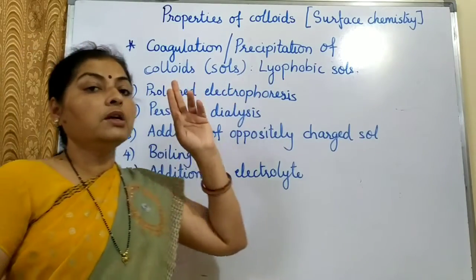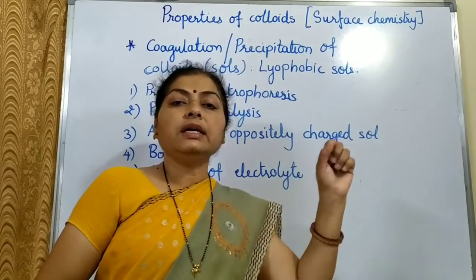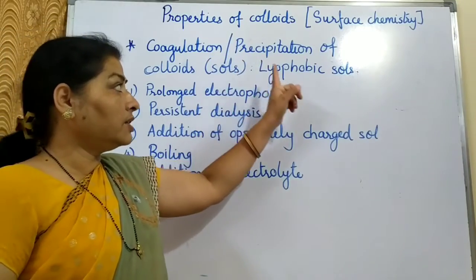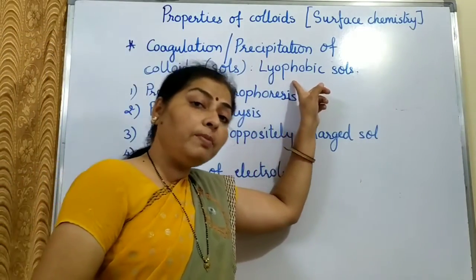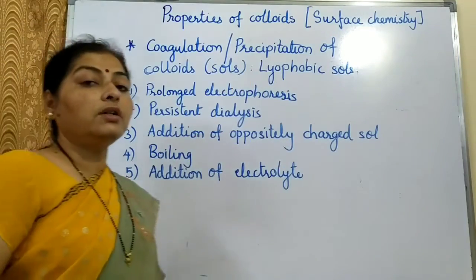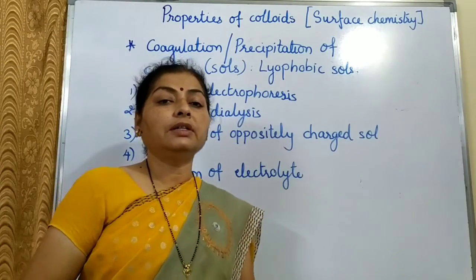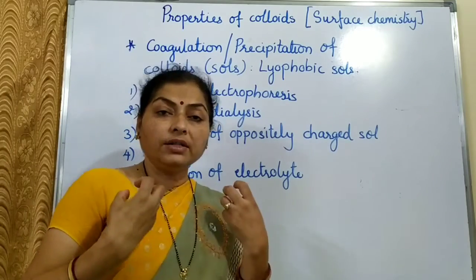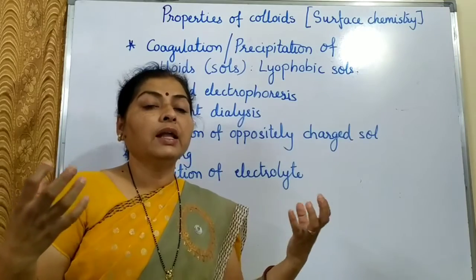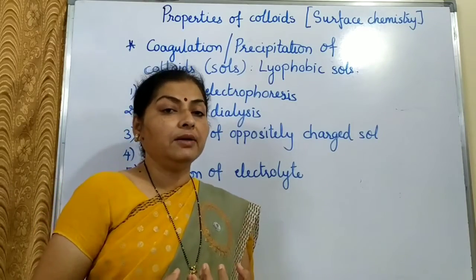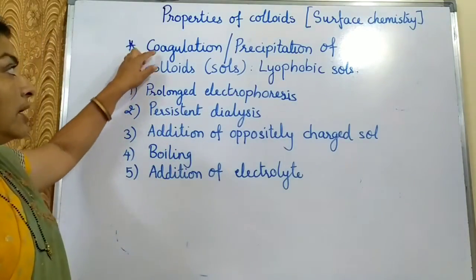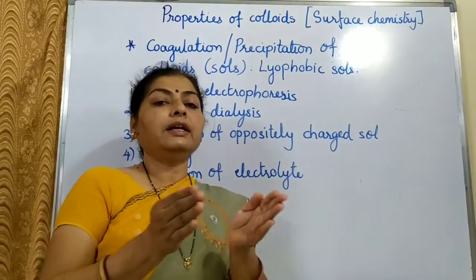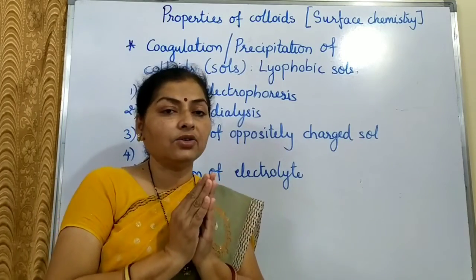And what is a sol? Sol is a solid substance dispersed in liquid. When we are talking about coagulation or precipitation, we are speaking now here about lyophobic sols. Lyophobic sols, as we have seen in the earlier part of the chapter, have hatred for the dispersion medium. The dispersed phase particles do not attract the dispersion medium particles. So how can they be coagulated or precipitated? Precipitation means bringing the smaller particles together to form bigger aggregates or particles.